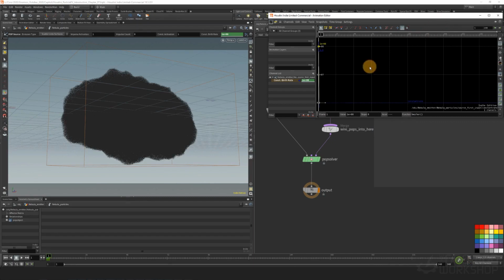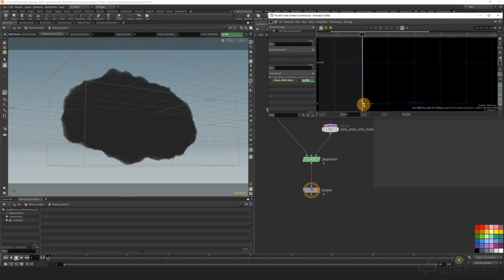For example, we can try to have more particles because we are going to emit more particles during the simulation. And to do that, you see that this key is set to frame 2, so it's going to change